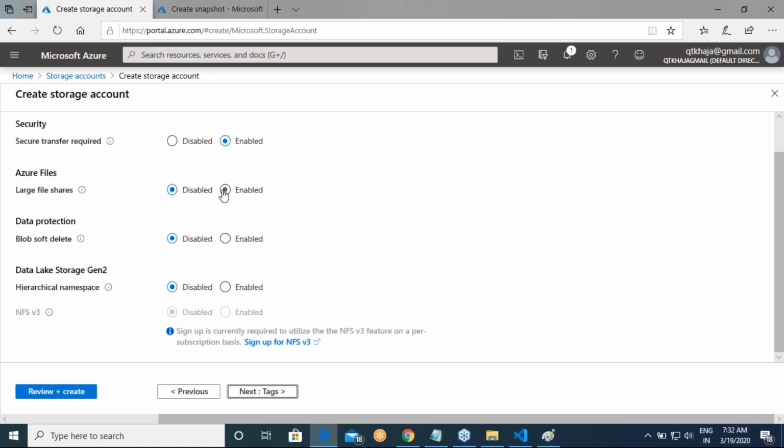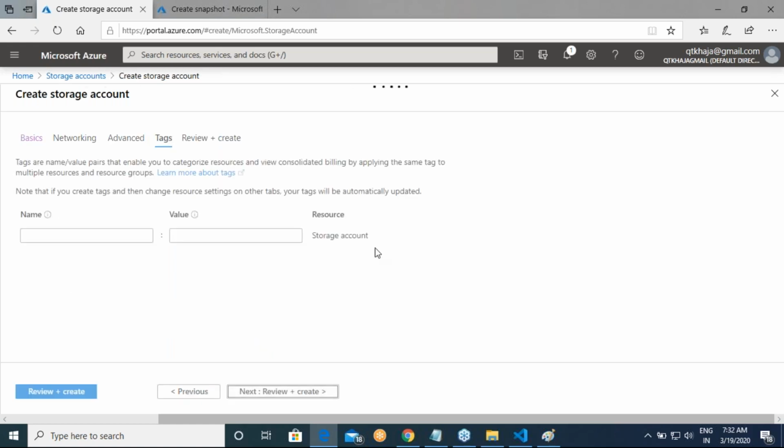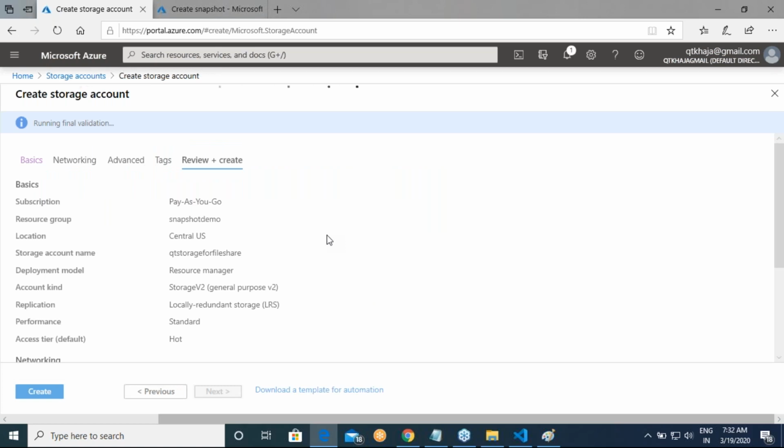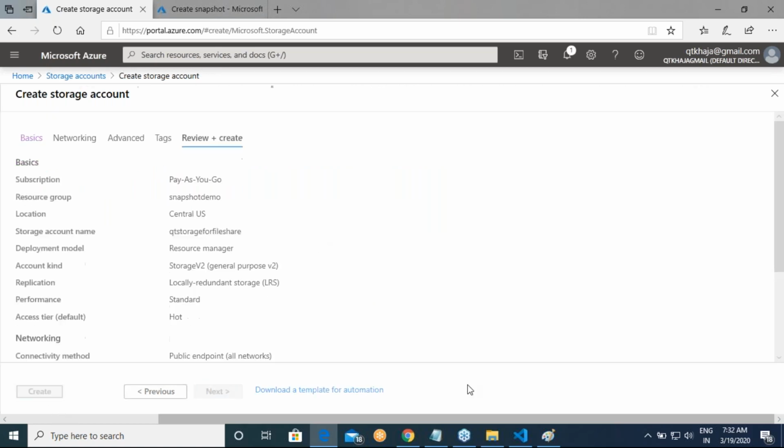If you want, you can enable this. Secure transfer is required. If you disable it, it will become unsecure. I would not recommend that. Okay, right. So I'll go over here, and then create a storage account.